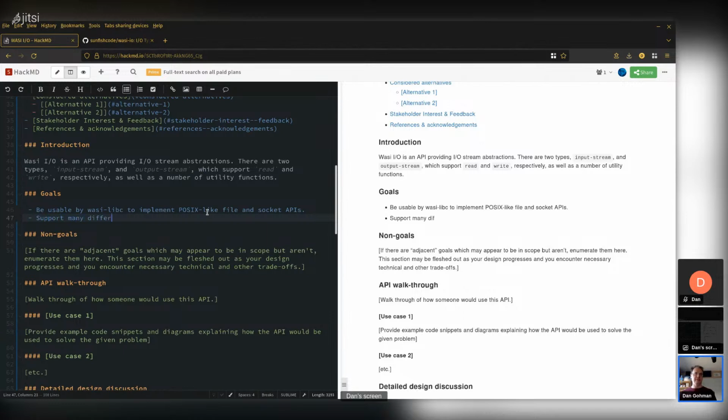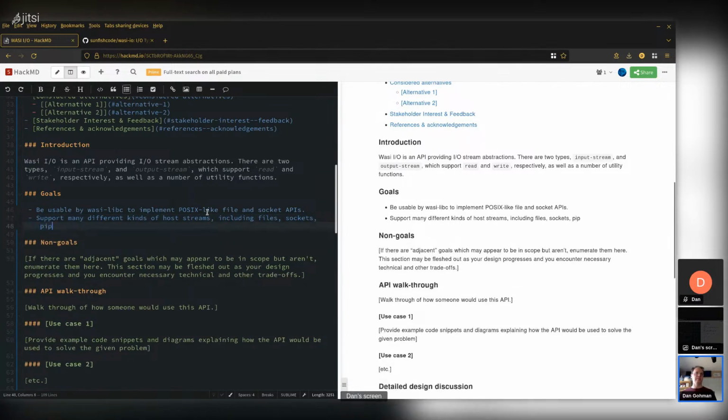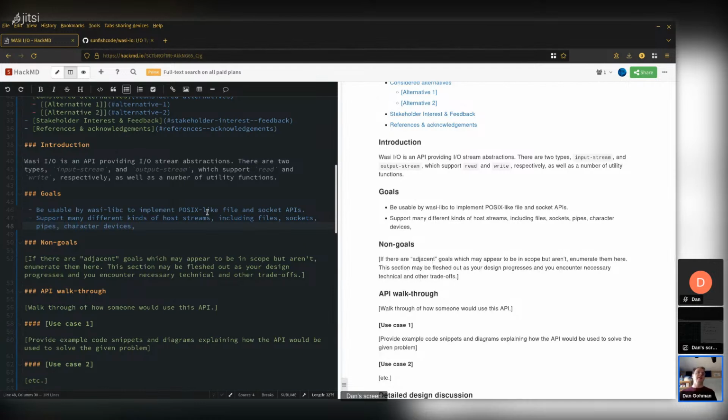Support many different kinds of host streams, including files, sockets, pipes, character devices, and maybe even things like, I'll just say more for now. There's more things out there. That's sort of the POSIX-y kind of set of host devices, but I think in the fullness of time, we're going to be interested in streams for things like talking to databases, talking to HTTP streams, that kind of thing. But I'll just leave it sort of vague for now.